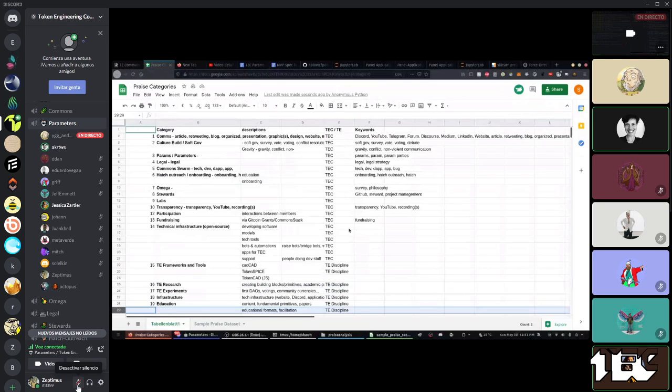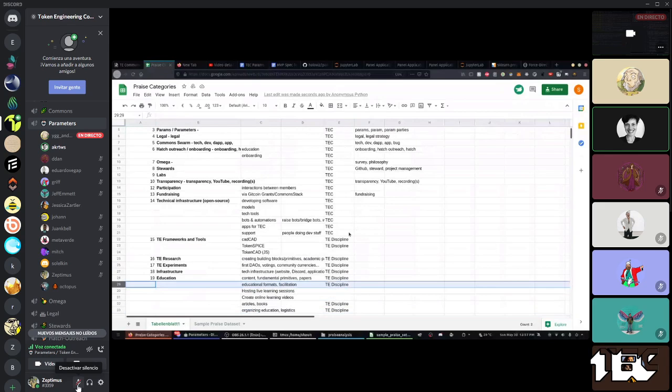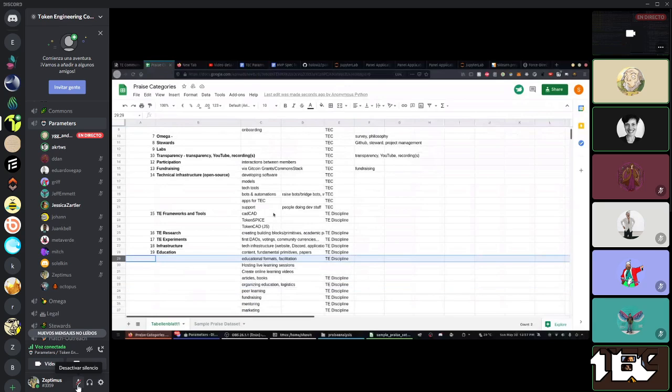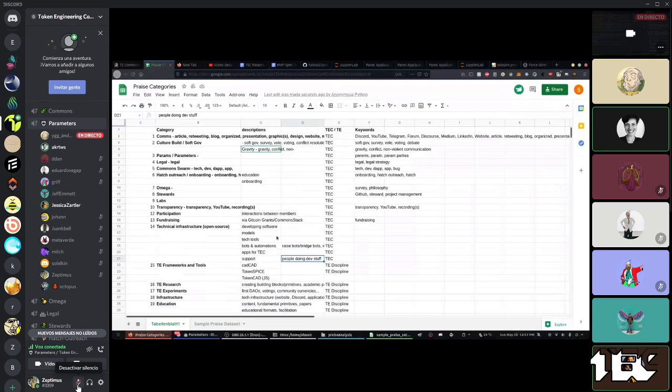Why do we need subcategories? Well, I guess it's more granular. It gives us the ability to, like, CAD-CAT is a subcategory. Wouldn't it be nice to see all praise that was related to CAD-CAD versus Token Spice versus apps? I guess if we're doing it once, we might as well do it. But then we've got to break out these with extra numbers. Is there a way we can do this as a first pass and then decide if we need to get more granular from there?